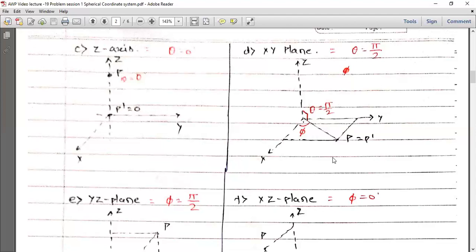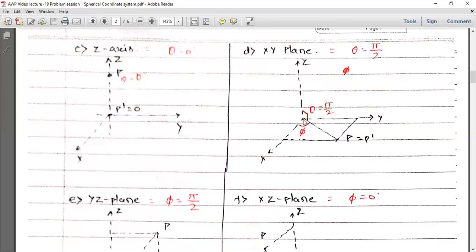Okay, then the second coordinate is the angle theta. What is theta? Theta is the angle between OP and the z-axis. One thing we can surely say is that the line joining O to point P, this OP, will always be in the xy plane. This point P can be anywhere in the xy plane, and O is always in the xy plane. That's why the line segment OP is always in the xy plane itself. It can never be above or below the xy plane. Since the line segment OP is in the xy plane, the z-axis, which is perpendicular to the xy plane, will also be perpendicular to OP always. Always keep this in mind.